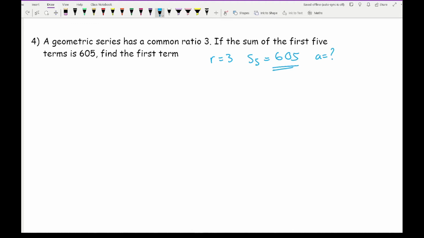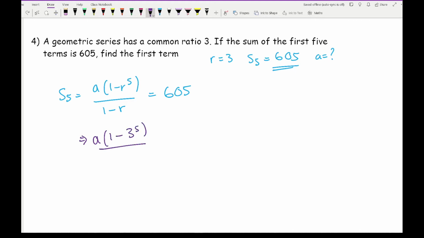So then using this bit of information, we know that S5 is going to be equal to a(1 minus r to the 5) over 1 minus r, and that's all equal to 605. Now if I substitute r is 3, let's just write that down. So I get a(1 minus 3 to the power of 5) over 1 minus 3 all equals 605. Now if I take this over to the side,